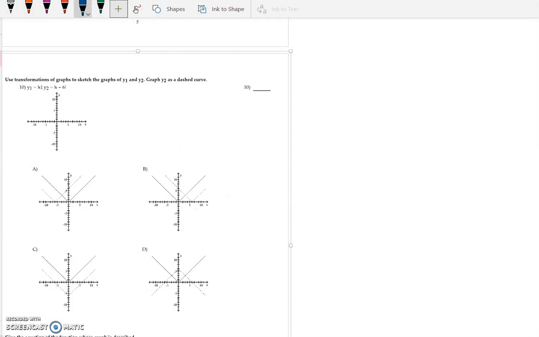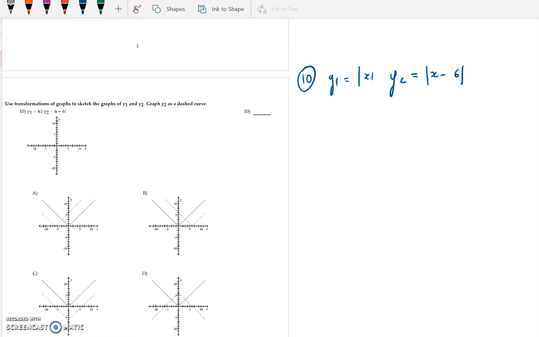Alright guys, so now we are going to start problem number 10. In this problem number 10, what do we have? Use transformation of graphs to sketch the graphs of y1 and y2. Graph y2 as a dashed curve. Okay, so we're getting y1 equal absolute value of x, and y2 is going to be equal to absolute value of x minus 6. So if I decide to graph in blue,